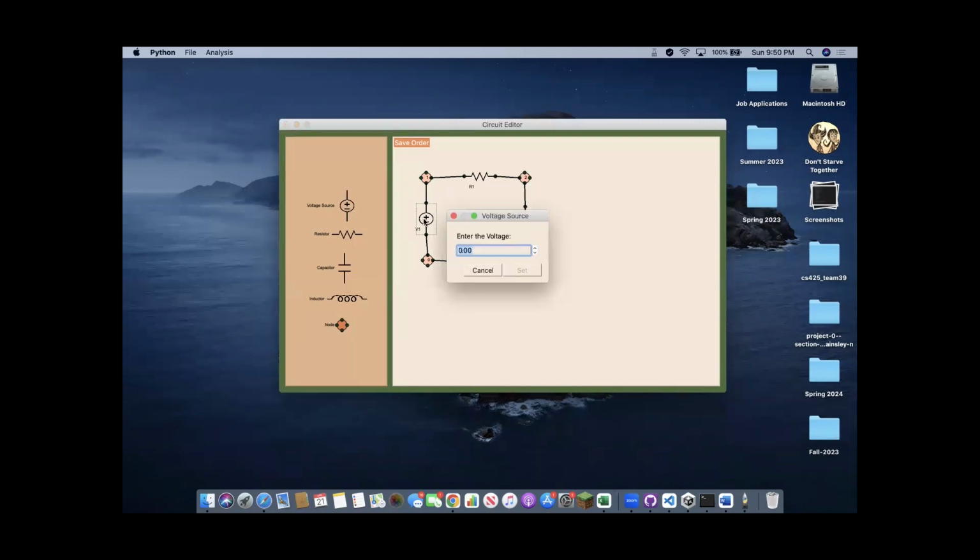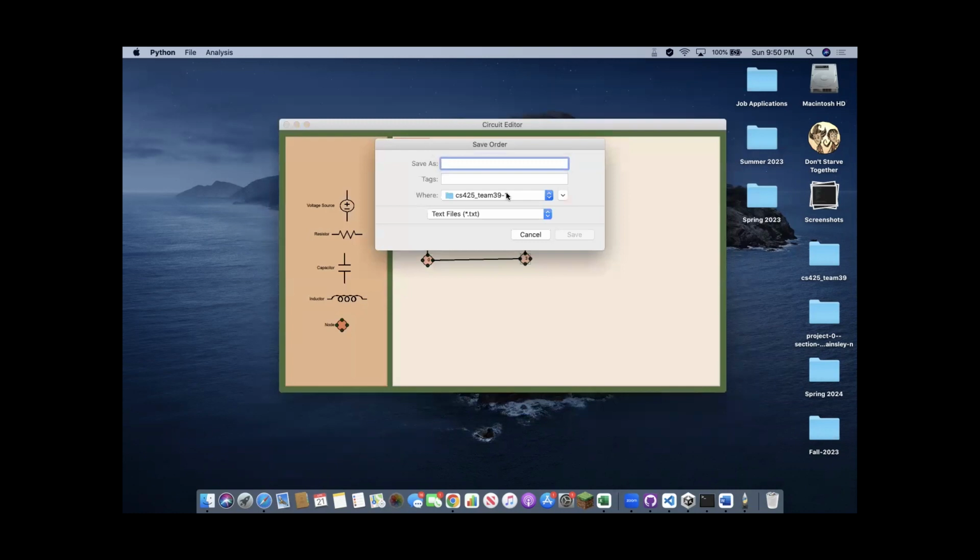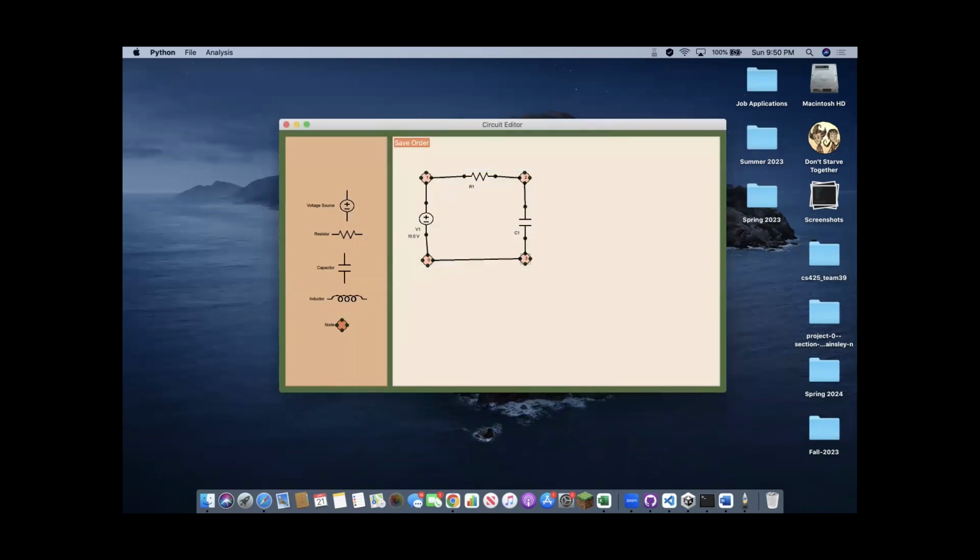Now say we want to add values, all you have to do is double click and you can either use the arrow keys to set your value or you can just type in to your keyboard and then set, and then there it is displayed right there for you to see. Once you like your circuit, you can click this save order button and it'll just prompt you. So we'll just make this a test file, save, and now if we go back,